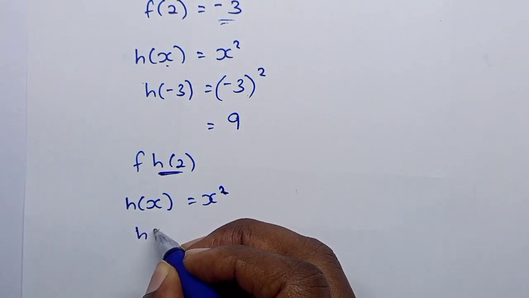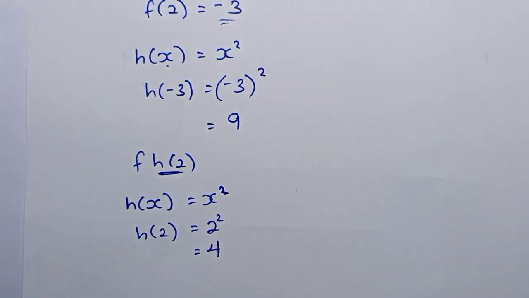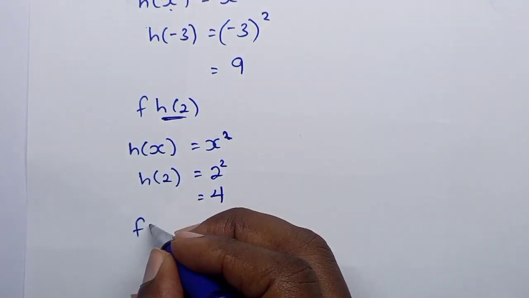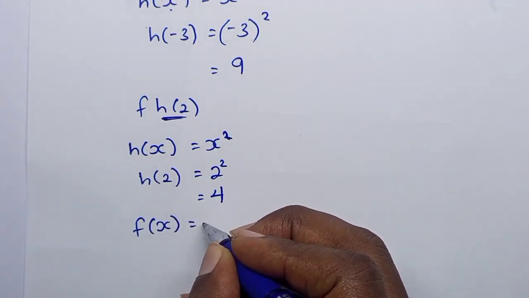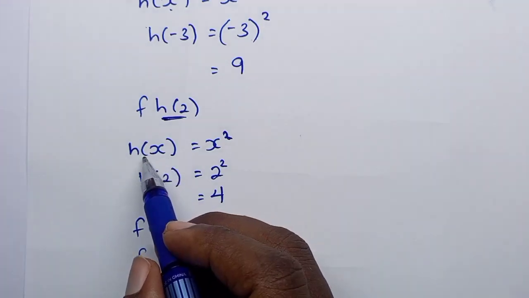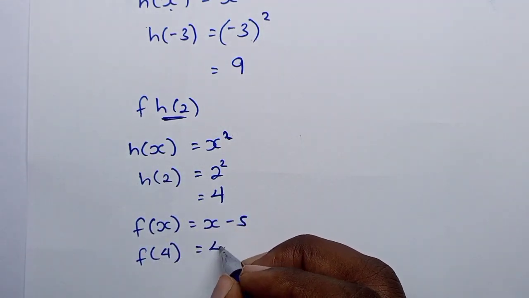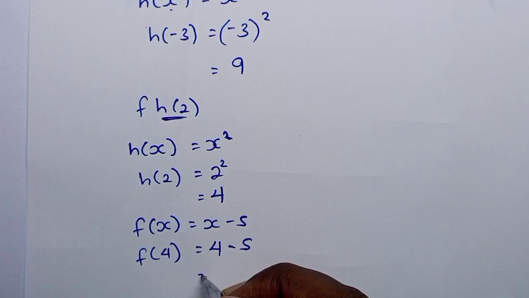So h of 2 would be 2 squared, which is equal to 4. Now, f of x is x minus 5. So it will become f of h of 2, which is 4 minus 5, which is equal to